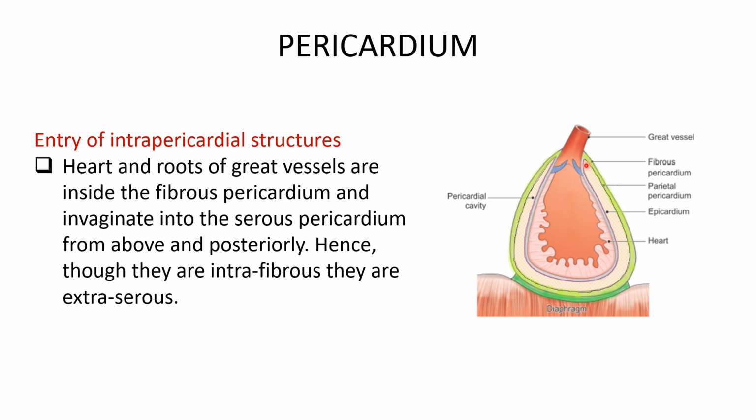So the heart and the roots of great vessels are inside the fibrous pericardium and invaginate into this serous pericardium from above and posteriorly. So hence, though they are intrafibrous, they are